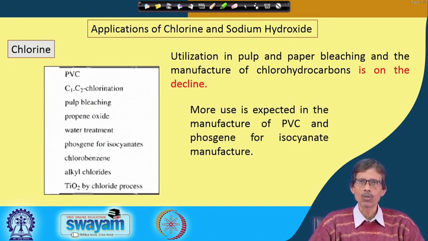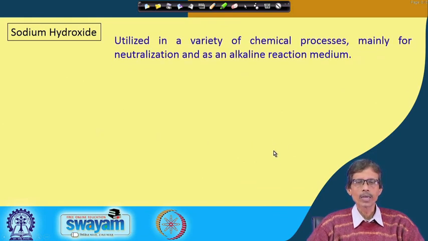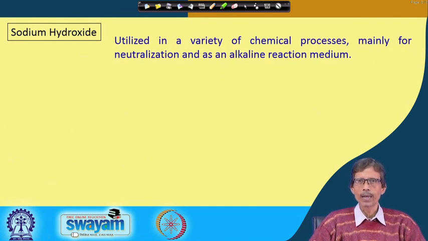The phosgene preparation is also dependent on the chlorine industry. Then the industry we are looking at is sodium hydroxide. Sodium hydroxide is being used starting from the typical academic lab, our teaching lab, to research and development, everywhere. And in so many industries sodium hydroxide is required, because in a cheaper way, like sodium chloride as table salt, you can use sodium hydroxide to maintain the alkaline medium or the alkalinity of the process.